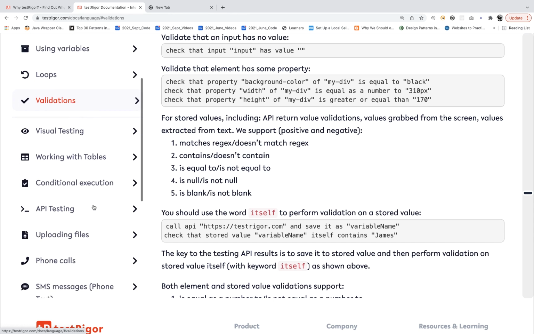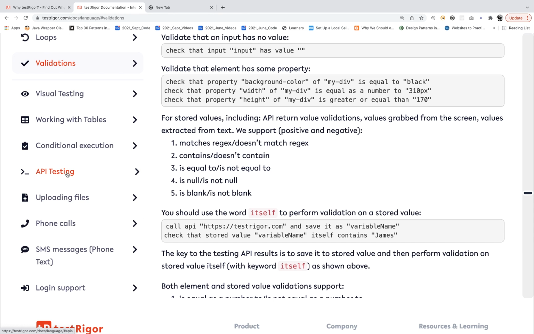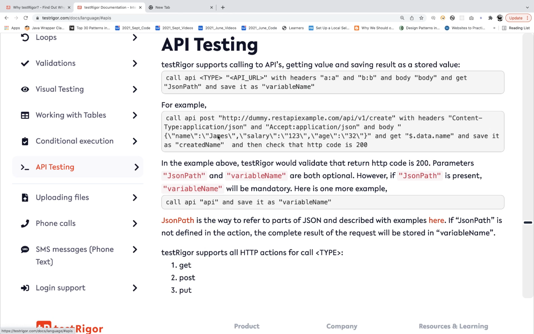There are various other things that you can do. In fact, you can do the API testing also. So let's see the API testing part as well. See this, it's saying to call the API. For example, let's take this example, call the post call,